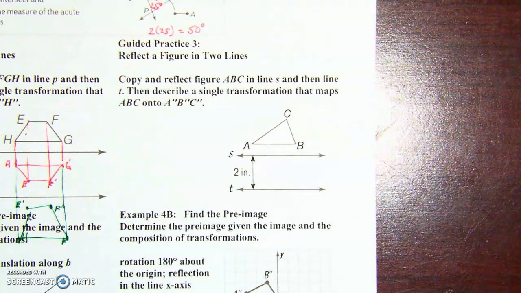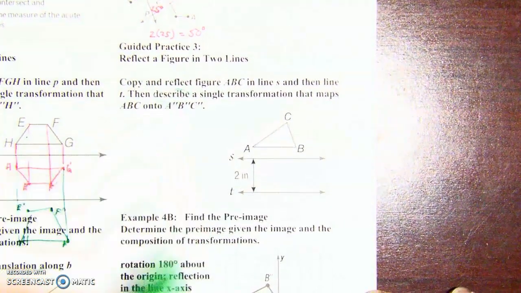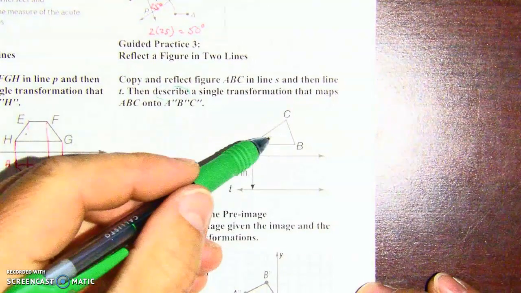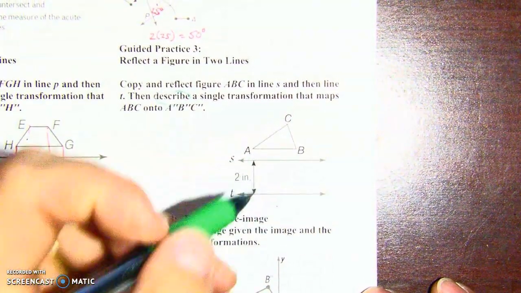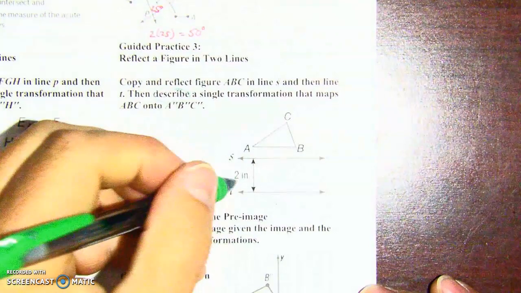Now, a nice thing about this one over here is we already know the distance if we do a double reflection, so we don't have to really do that. We just have to do what? Describe it. Again, a double parallel line means that it's going to be a translation or a slide. If the distance is 2,